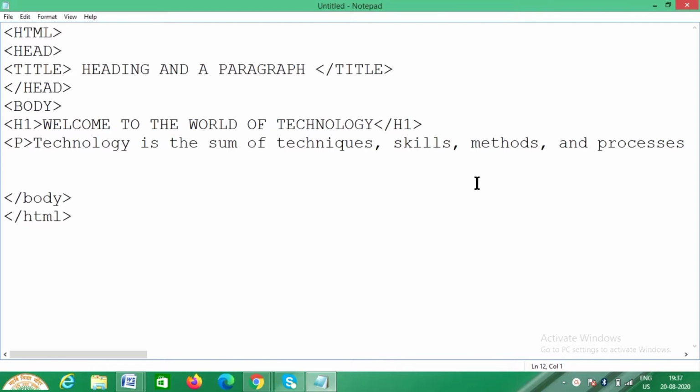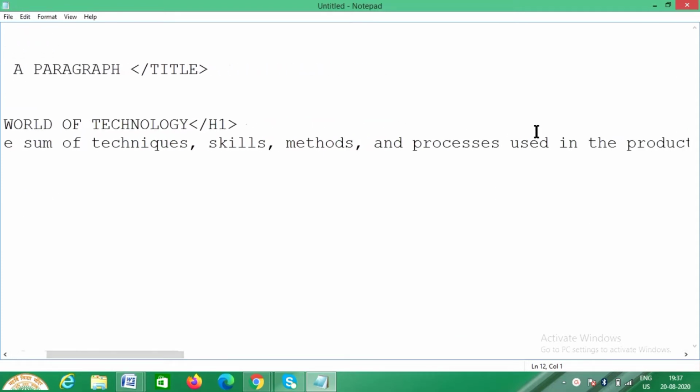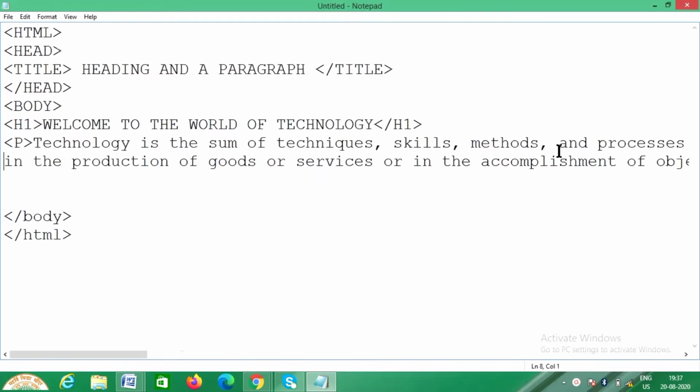P for paragraph. Now students, you should have a question in your mind. Here I have added the H1 tag, so I have ended the H1 tag, isn't it? But here I have added the P tag, and after I wrote the paragraph, I have not ended the P tag, you can see.